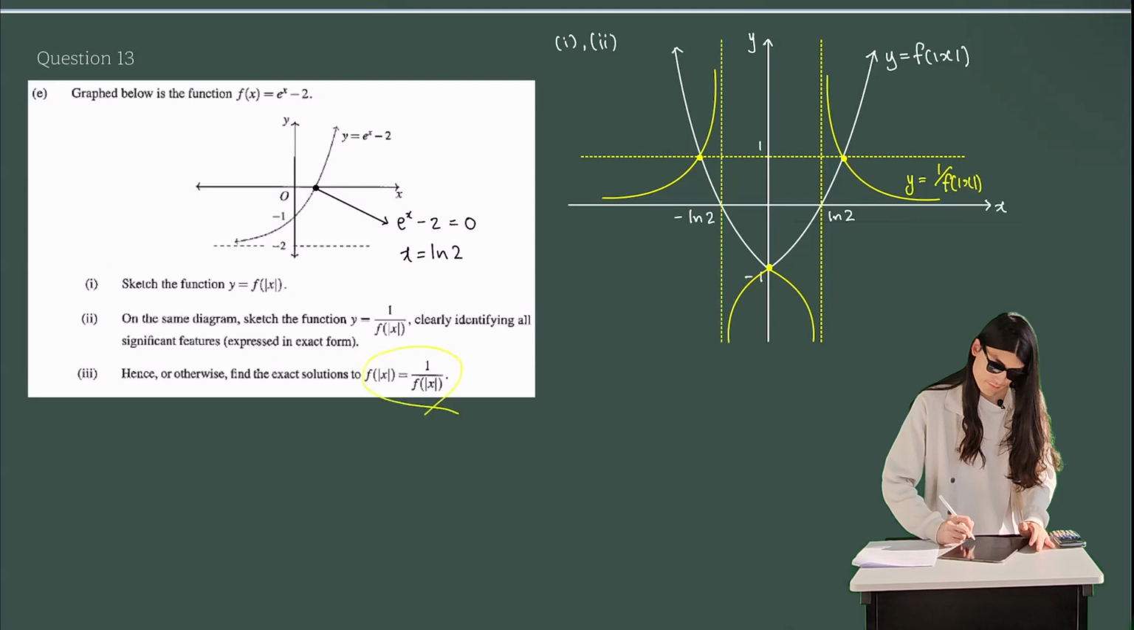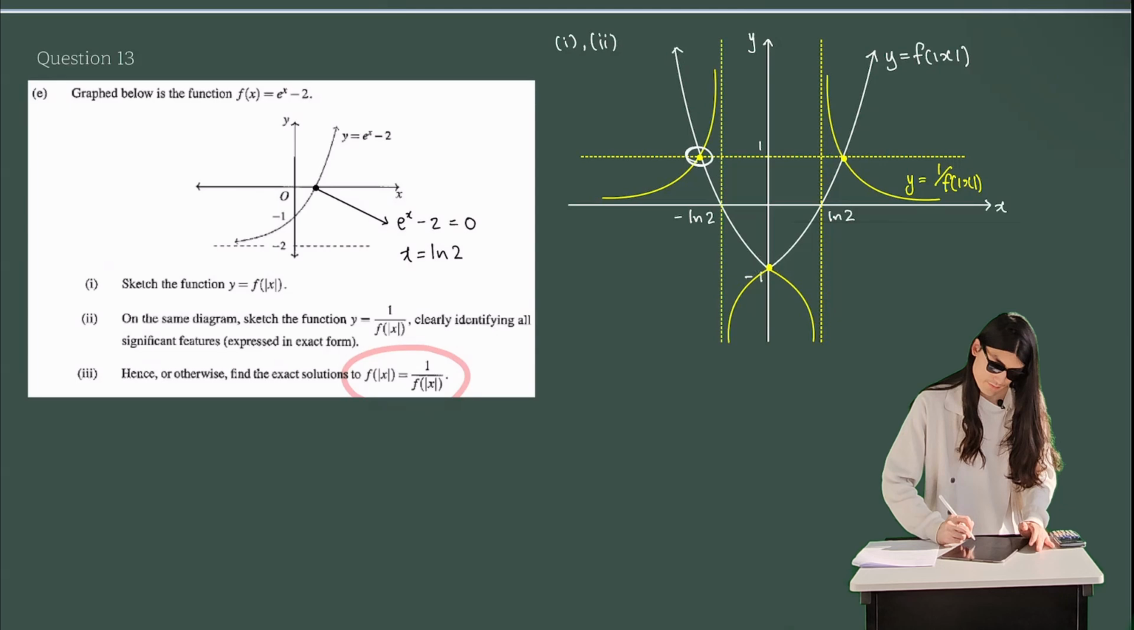And then the last part of the question, hence or otherwise find the exact solutions to this equation. Well, in the previous two parts, you have sketched the graphs of these two. You've sketched the graph of the function on the left-hand side, you've sketched the graph of the function on the right-hand side. So what they're asking you in this part is essentially to find the x coordinates of